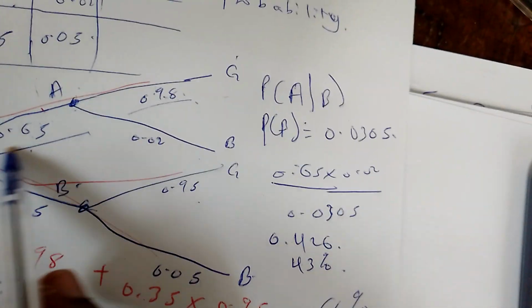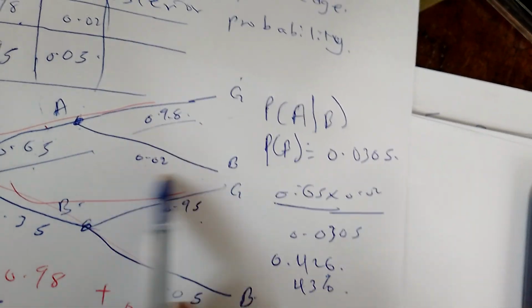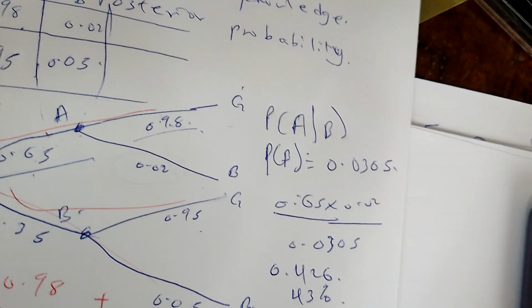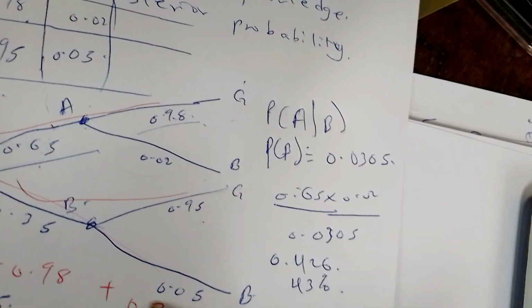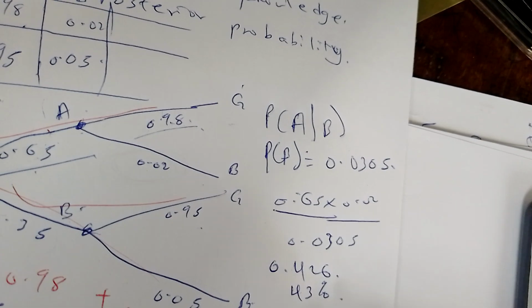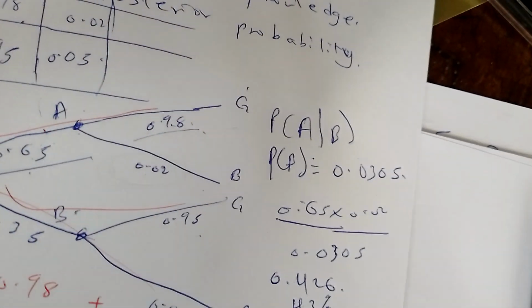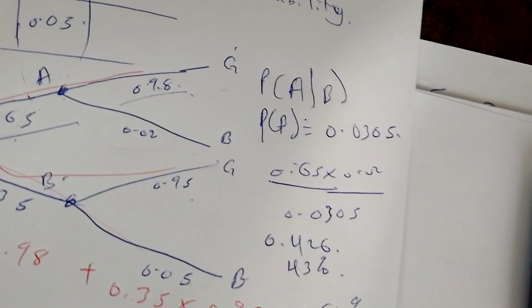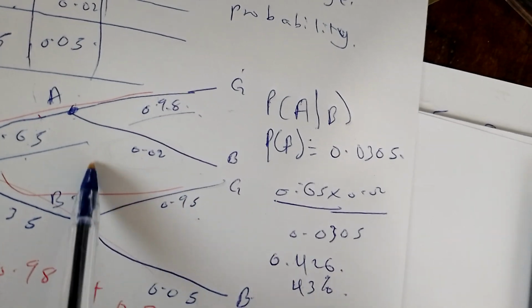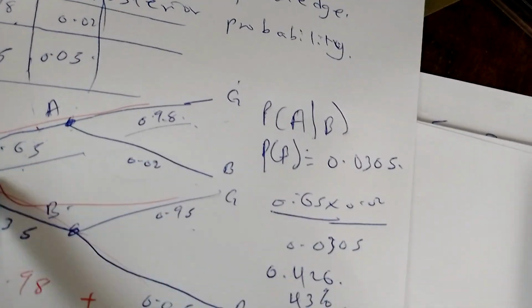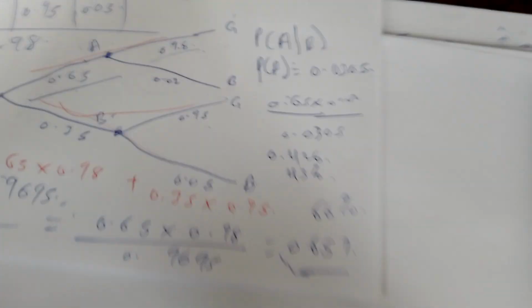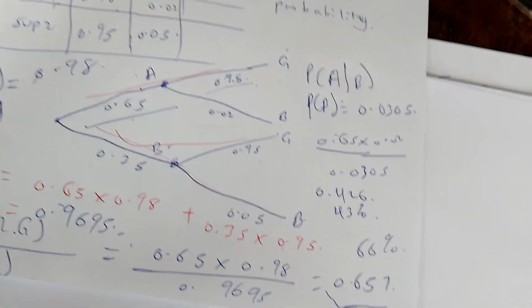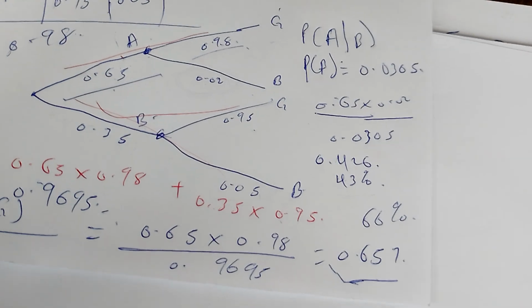Because he supplies much of your goods, and the bad ones are very small. This guy supplies small and then relatively high, so it makes sense for him to have 43%. Because if he was given 35%, then you find that he would relatively give lower. So it's making sense. So that's just the way to solve conditional probability.